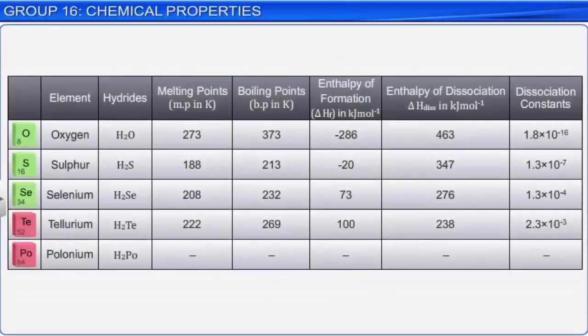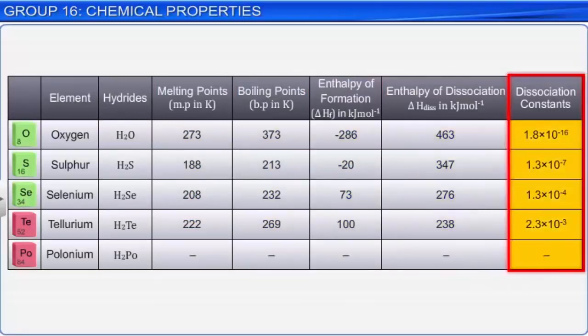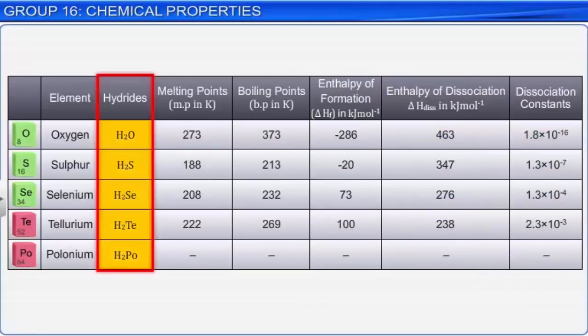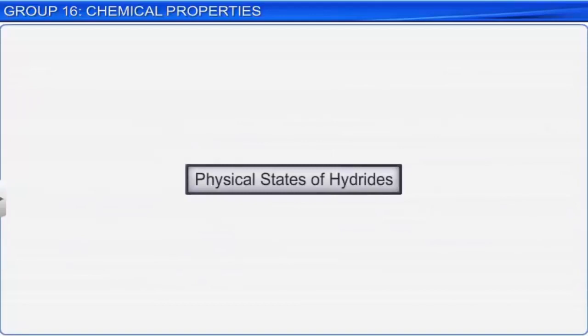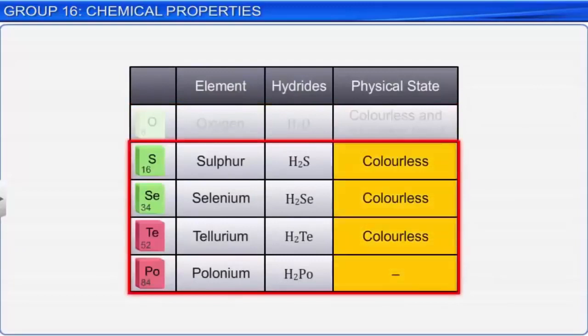The physical states, melting points, boiling points, enthalpy of formation, enthalpy of dissociation, and dissociation constants of these hydrides are given in the table here. Let's look at the physical states of these hydrides. Water is a colorless and odorless liquid, while the hydrides of all the other elements of the group are colorless, poisonous gases